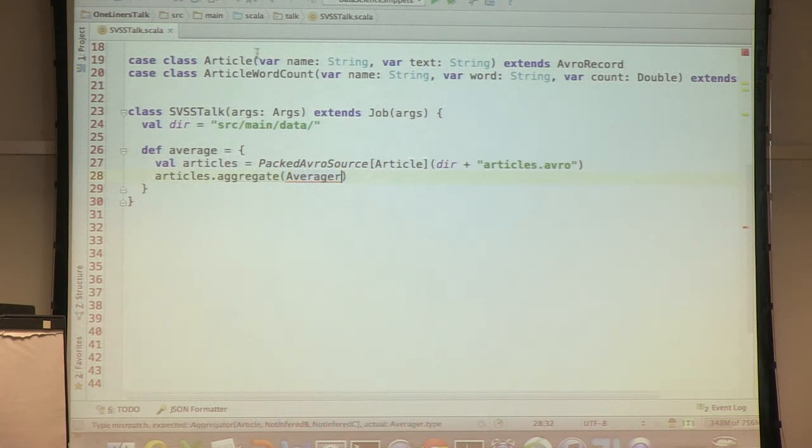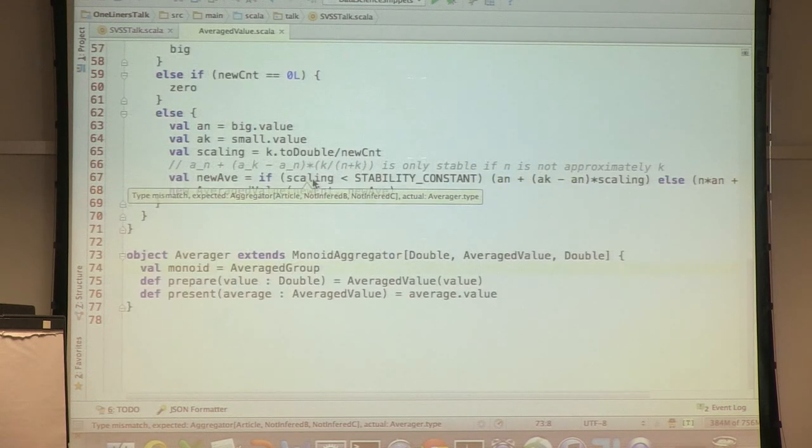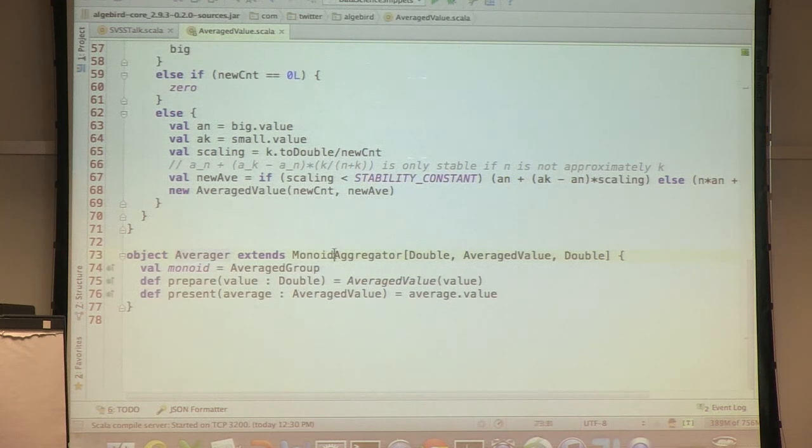So we use this aggregate, and one of the problems that I immediately get, if we look at the averager, is that it's a monoid aggregator, and we'll get to it very soon, that has three type parameters.